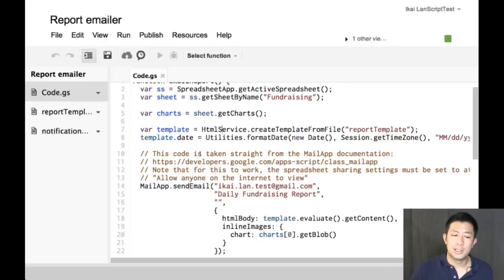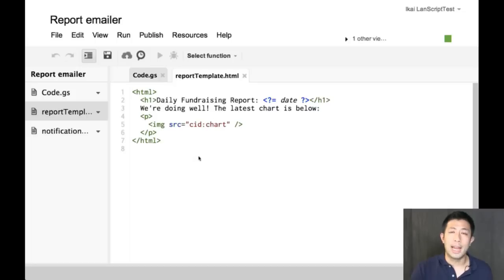I personally like to use a template because it lets me separate the view from the code. So right here, you'll see I'm using HTML service create template from file, report template. If you've ever written any kind of HTML service apps before, this should look familiar. Because once I go to report template, you'll see, hey, it's just an HTML page, big H1 title, daily fundraising